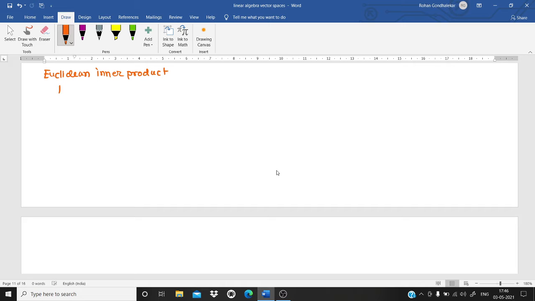So if u is equal to u1, u2, and so on, un, and the vector v is equal to v1, v2, and so on, vn are any two vectors in Rn, then the Euclidean